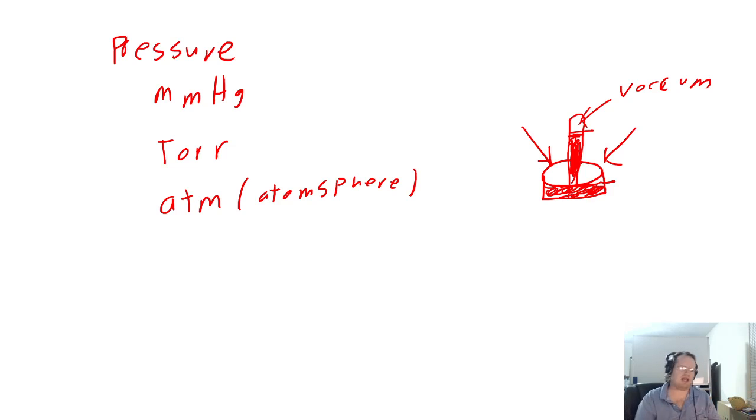Now you're much more likely to hear torr, which is just a different name for it. So torr and millimeters of mercury are the same unit. It's just that we're not worried about mercury specifically anymore, so it made sense to give it a different name. A lot of your barometers, we're not going to be using mercury here in most instances. Not no instances, there are some times where it still gets used, but it's less common.